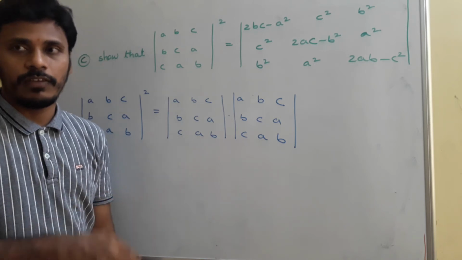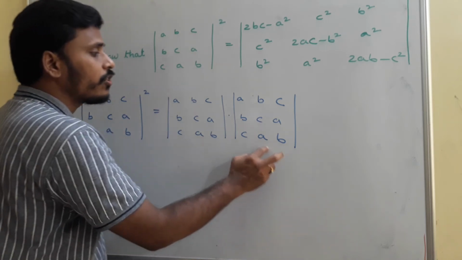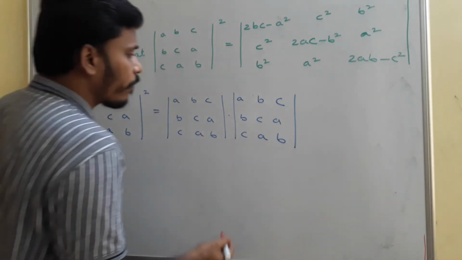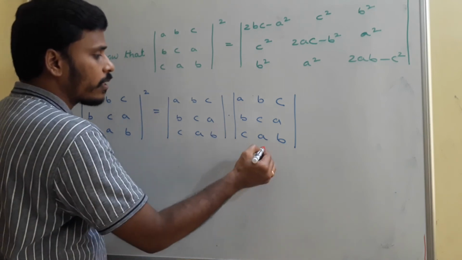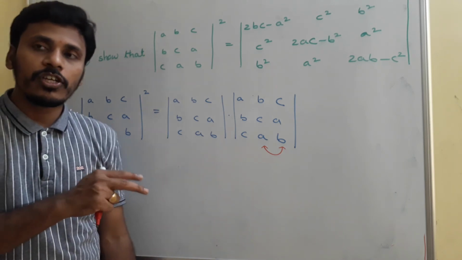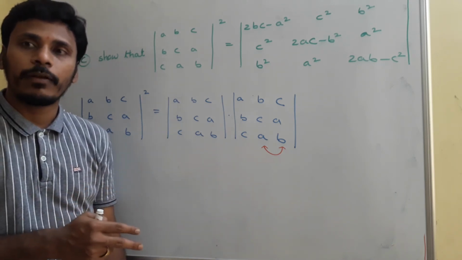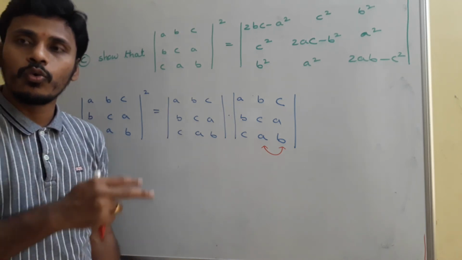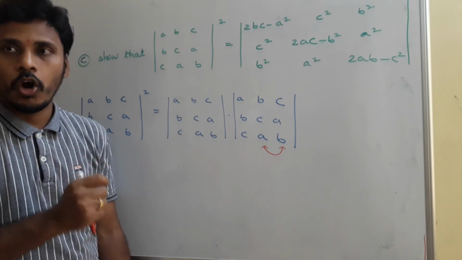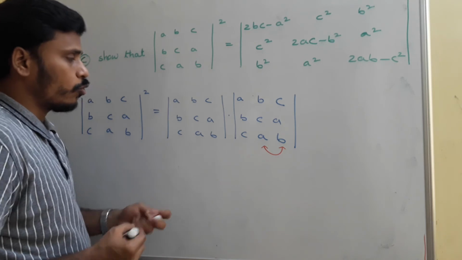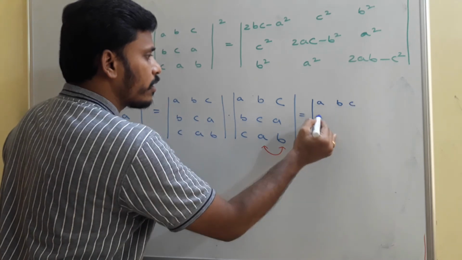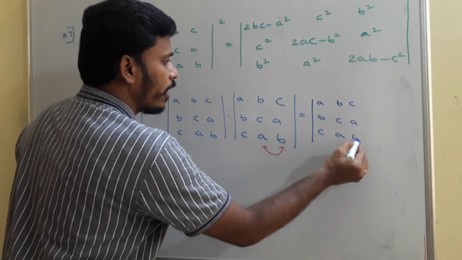To get that 2BC, first I am just interchanging these two columns. Just look there. We know all the different properties of determinants. Then by using those properties, I am thinking to interchange these two columns. If you interchange two columns or two rows, what will happen? If you interchange any two rows or two columns, the determinant value is just affected by a minus sign. So now this is equal to, just look there, the first determinant is the same, just like |A B C; B C A; C A B|.